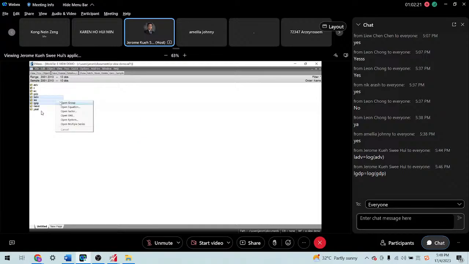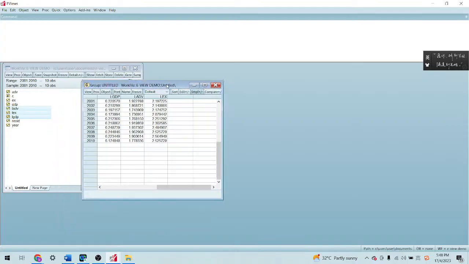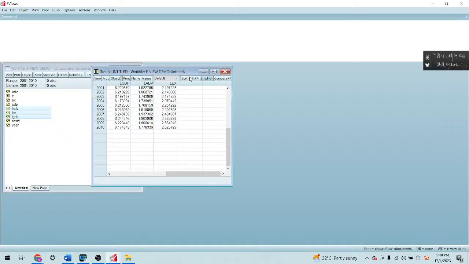So open as a group. Just to observe, you can see that the values change here. So if you want to look carefully, what are the other changes? I can click the LGDP first, then followed by GDP, then LADV, followed by ADV, LEX, followed by EX. Because I want to show you what changes it makes.